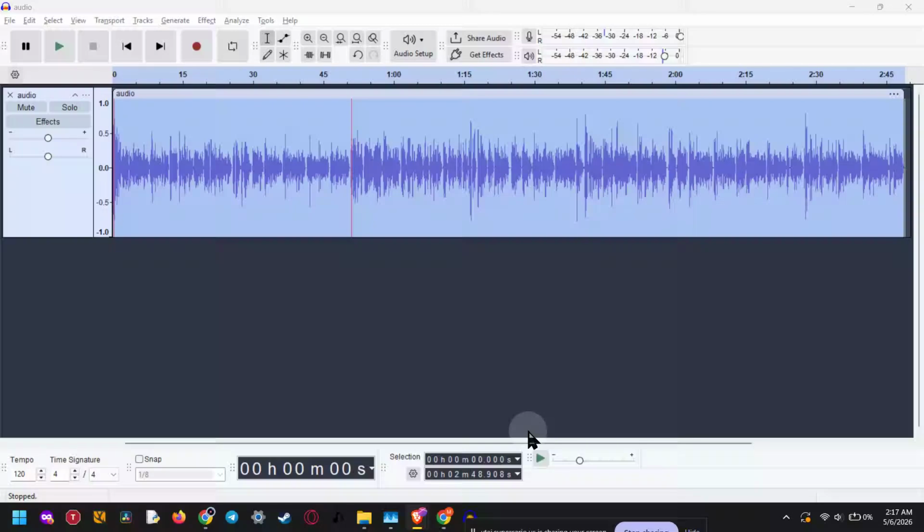In this video, I'm going to show you how to export only the selected audio in Audacity, so you can save just the exact part you need without exporting the entire project. This is super useful when you want to trim out a section, create a clip, or save one specific highlight